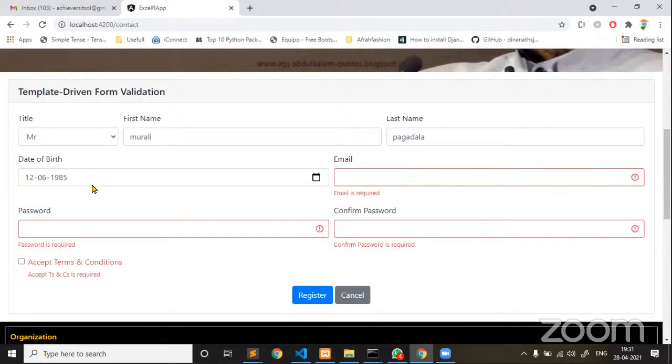Similarly, you see here email. So email we should also validate properly. When the user enters the email, we should ensure the email is in a proper format or not. If he is entering a wrong format of email, we should also give an error message. Now you see I'm just giving a wrong format of email. Just Murli @